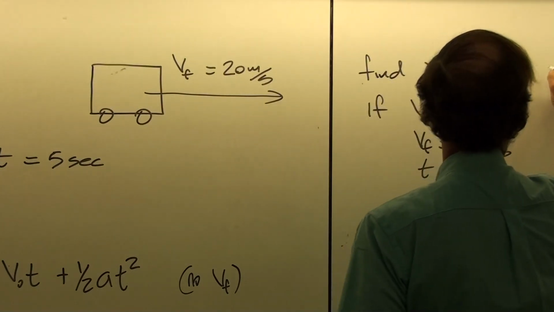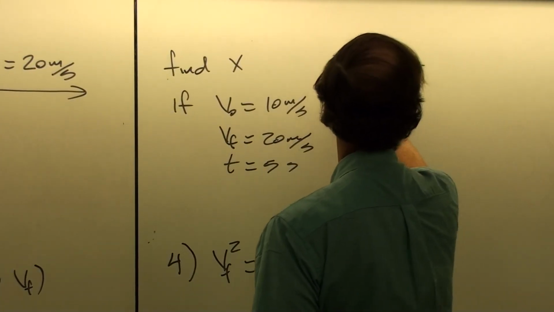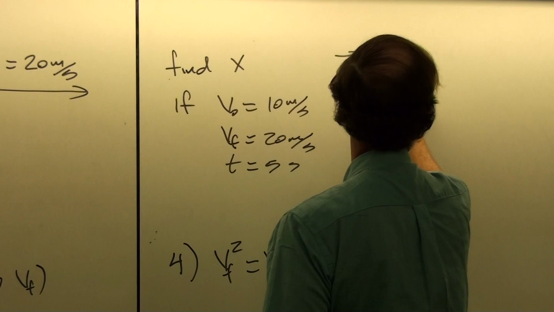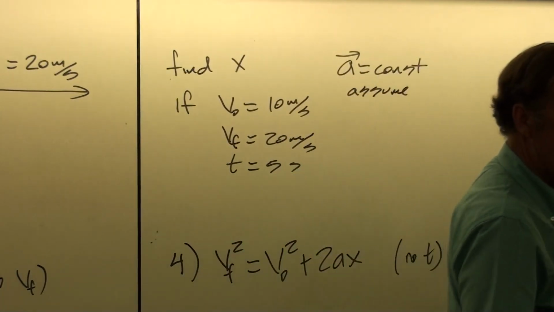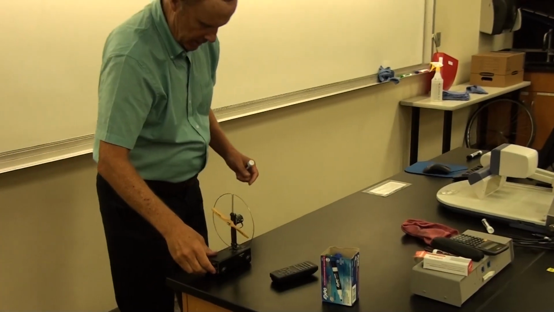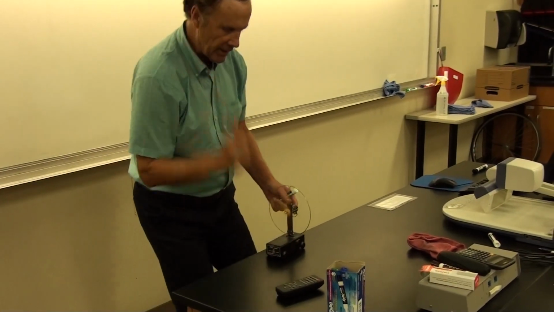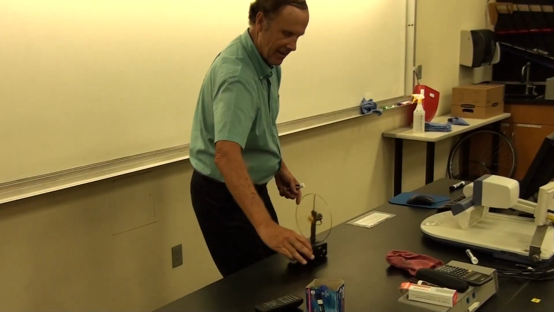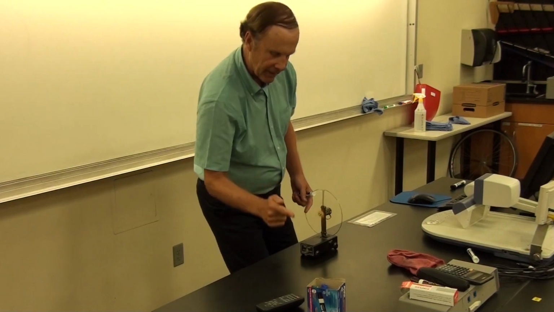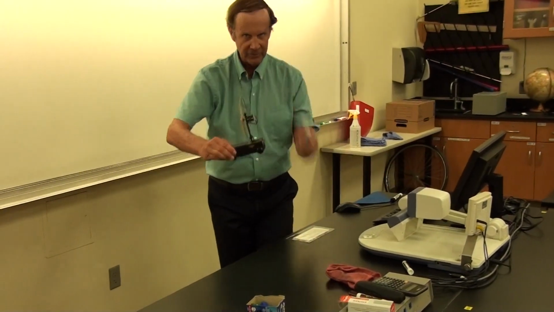Here we're assuming the acceleration is a constant. So that's just like our fan cart here. Let's look at our fan cart again. The fan cart is moving, and right there we start. So it's moving at a certain initial speed, then we let it go for 5 seconds.